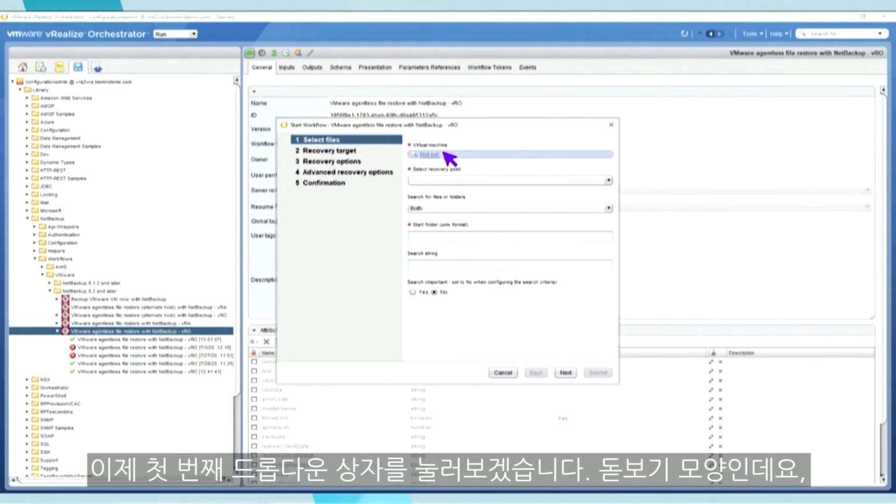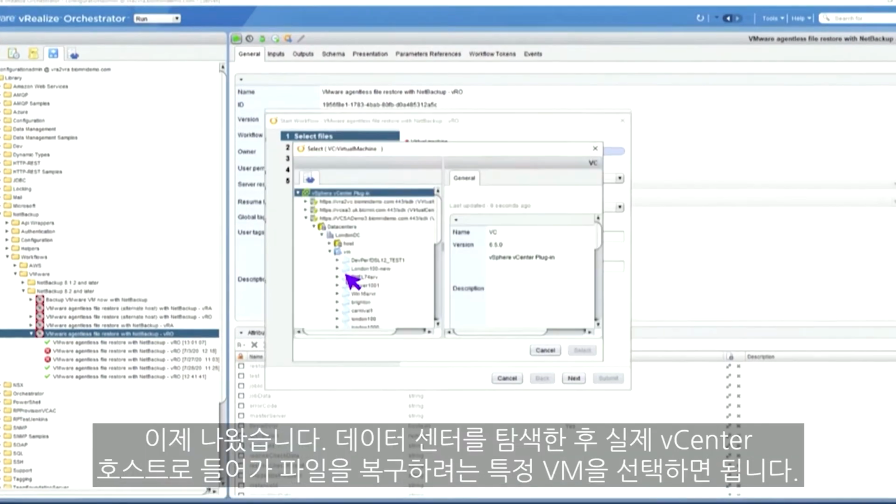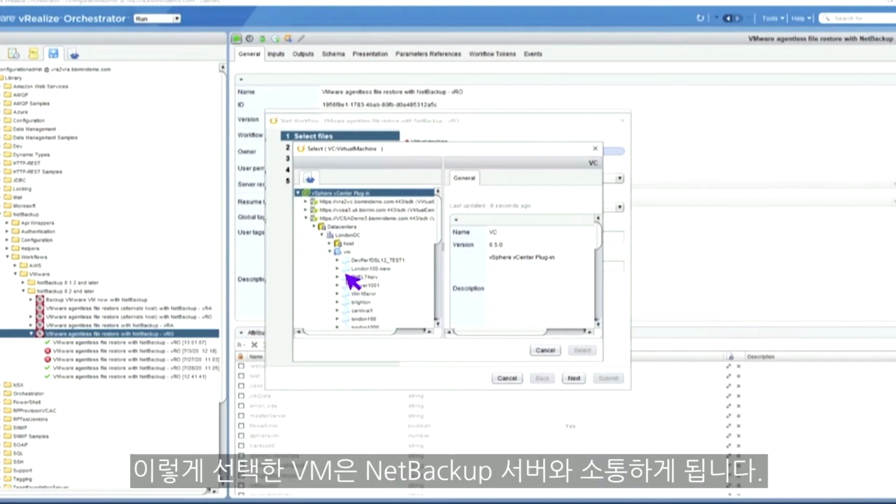So we're going to go ahead and click on that first dialog drop-down box. It looks like a little magnifying glass. From here, we're going to navigate down the data center, go into the actual vCenter host, and choose the specific VM from where we want to recover files. When you select that,